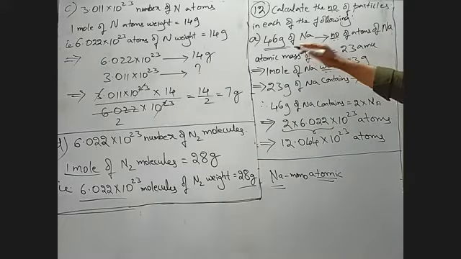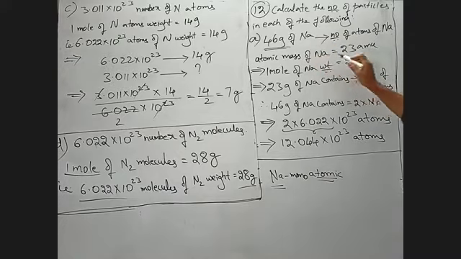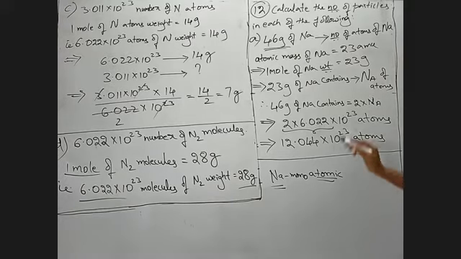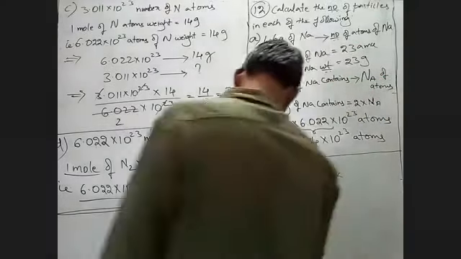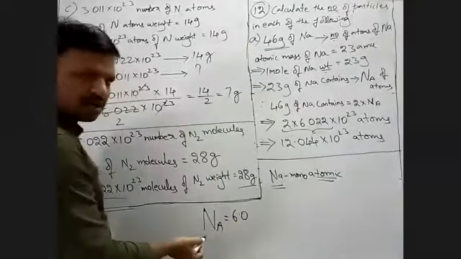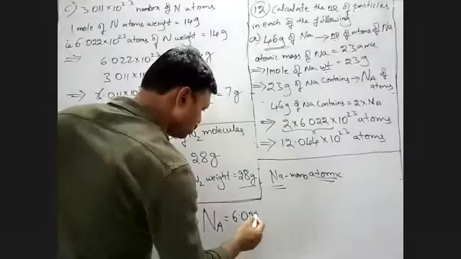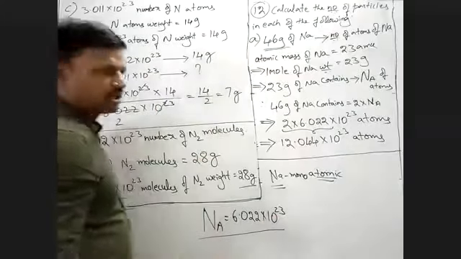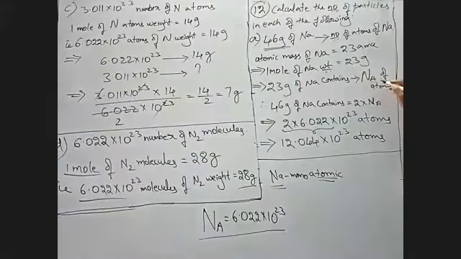So first let us find the atomic mass of sodium. Atomic mass of sodium is 23 units or 23 AMU. So 1 mole of sodium equals 23 gram. This atomic mass is converted into gram, right? So 1 mole of sodium weighs 23 gram. This 1 mole means what? Again, N and A. N A means 6.022 into 10 power 23. This is the Avogadro number. That is what I have written here. Don't confuse, here it is N capital A.